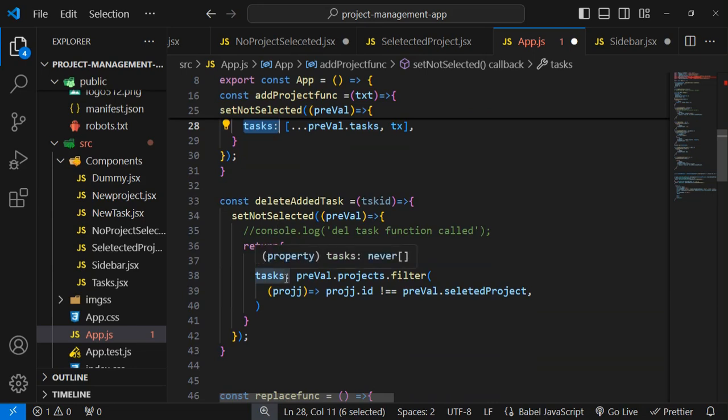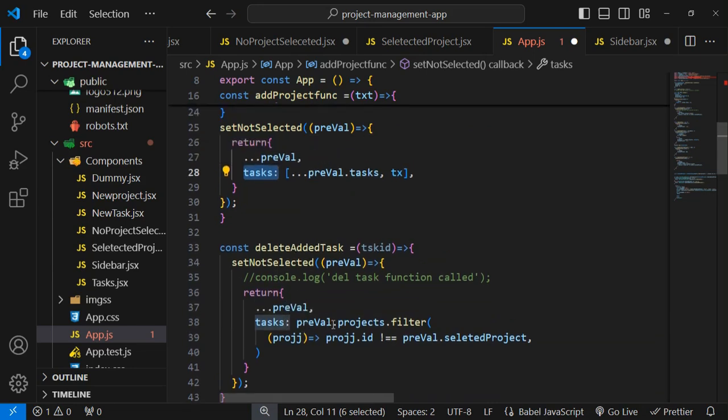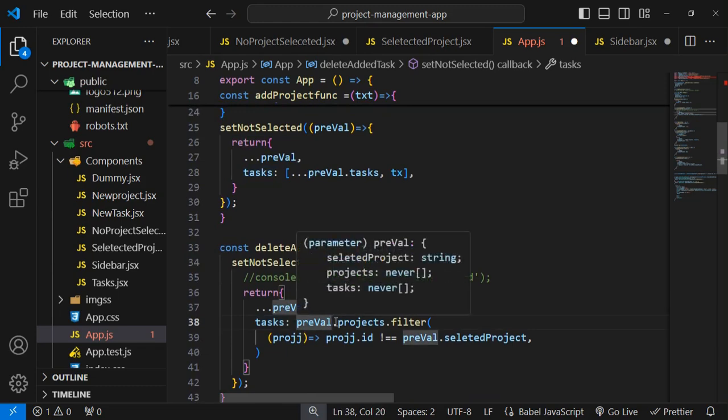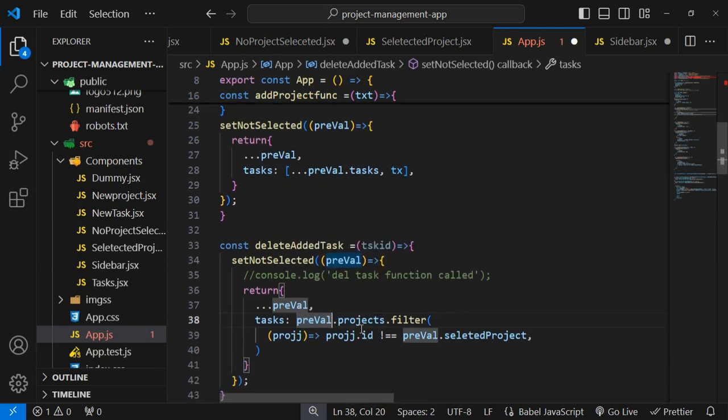So now we are handling that task, dot previous val dot projects, but this time we don't need projects here. What we need here, inside that task we are working with previous val dot task, so I have to type here again task